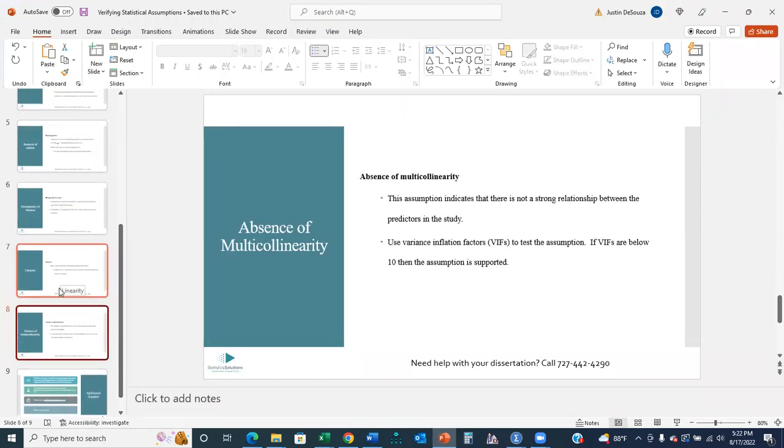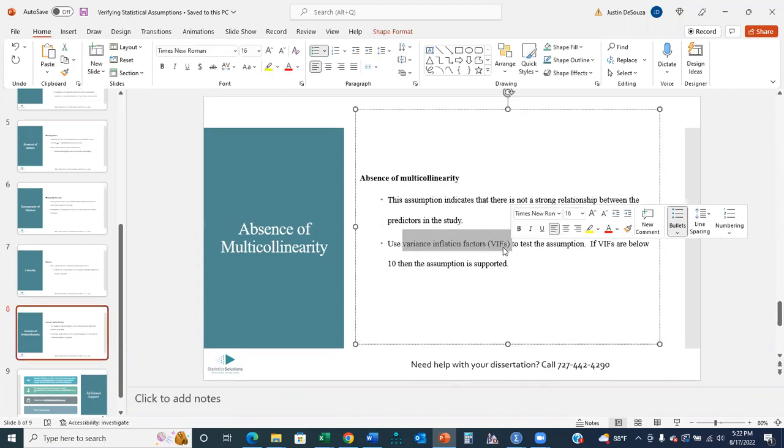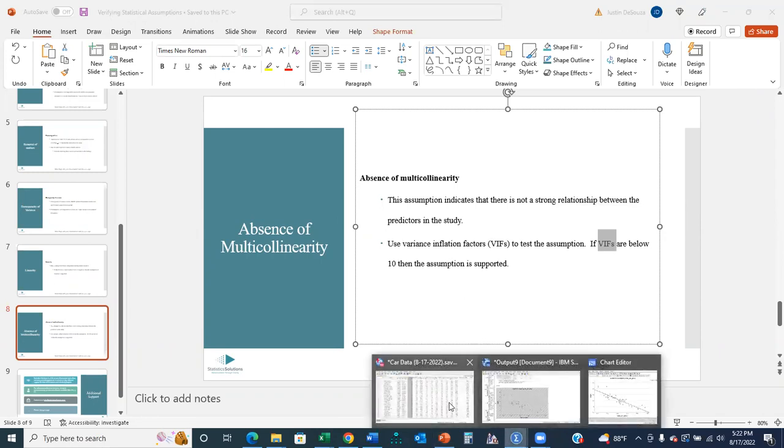And the next assumption, if you're running a multiple linear regression, is called absence of multicollinearity. This is making sure that your predictor variables, when you do a multiple regression and have multiple predictors, are not highly associated with one another. So we use something called variance inflation factors to test this assumption. And if the VIFs for short are below 10, then the assumption is supported. So for example,